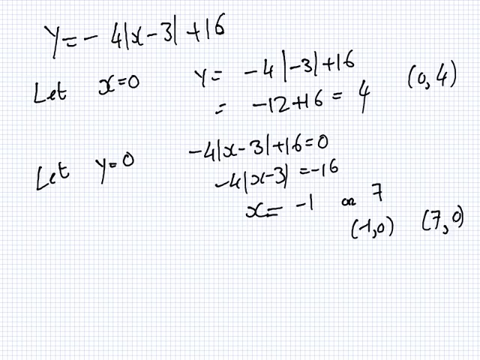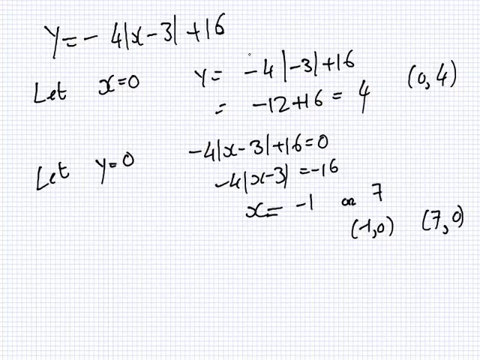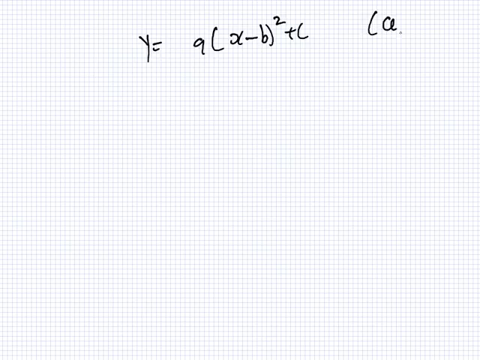Okay. Lastly, we should find where the turning point is, because what I mean by turning point is this point here, the maximum or the minimum. Now, because this is a minus, just like with the quadratic, is it a max or a min? Max. It's a max, just like with the quadratic. And also like the quadratic, this is interesting. You remember you had y equals a times x minus b squared plus c. The maximum was at